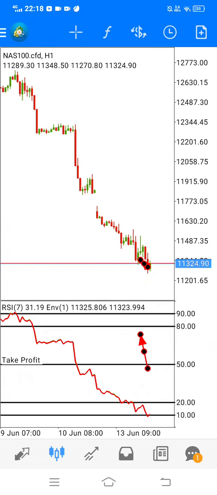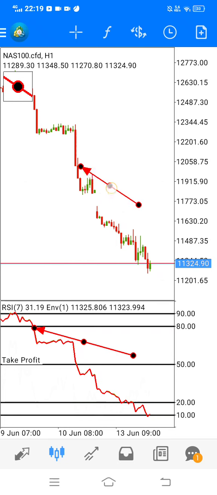You can have a look here on the 1 hour as well. Beautiful entry. So level 90, we don't enter at level 90 just yet because it lags, which means that it will stay by level 90. If the trend is up, it will just continue up and up and up, and you've entered the trade. So wait for it to break level 80, which is over here,